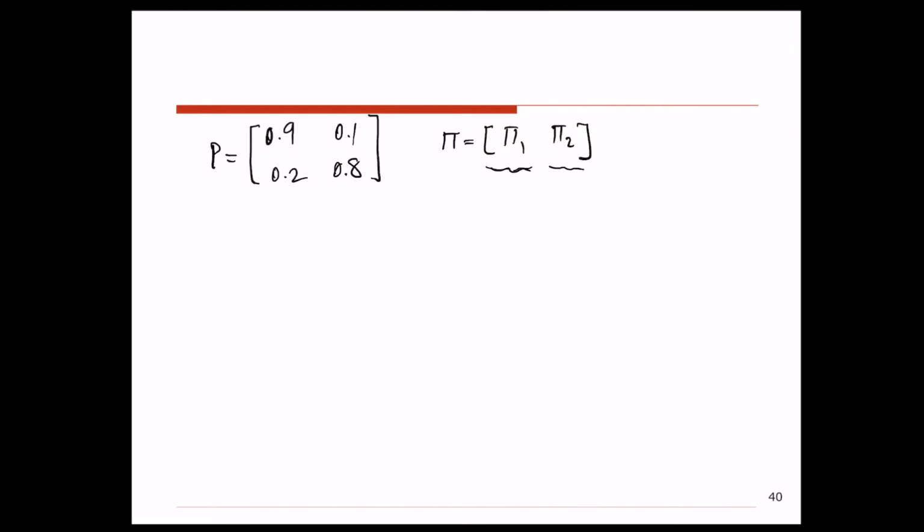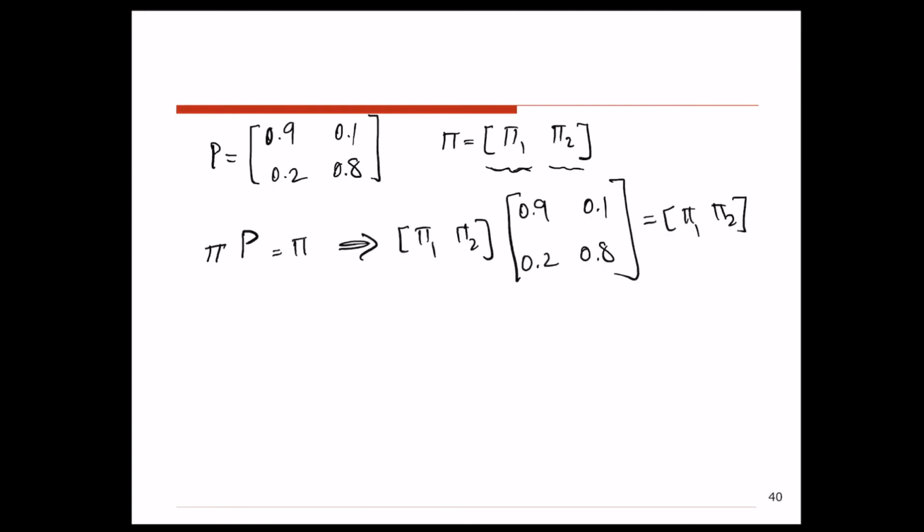Based on the equations that we just saw, we have to solve the equation of vector pi multiplied by the one-step transition probability matrix P equals pi. So now we have to multiply vector pi by the first column of the matrix to get the first element of the resulting vector. Similarly, we have to multiply vector pi by the second column of matrix P to get the second element of vector pi on the right side. So that's going to be,